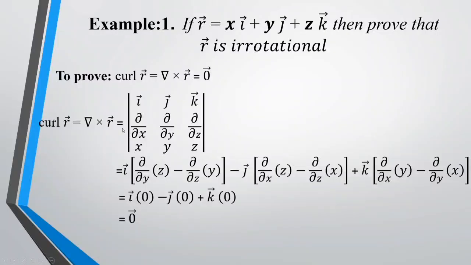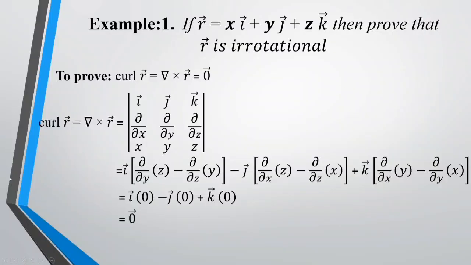So now we'll expand the determinant so that we'll be getting i vector into dou by dou y of z minus dou by dou z of y, minus j vector into dou by dou x of z minus dou by dou z of x, plus k vector into dou by dou x of y minus dou by dou y of